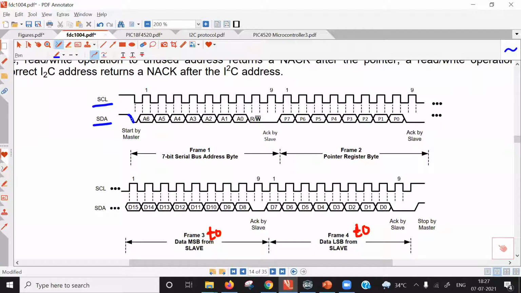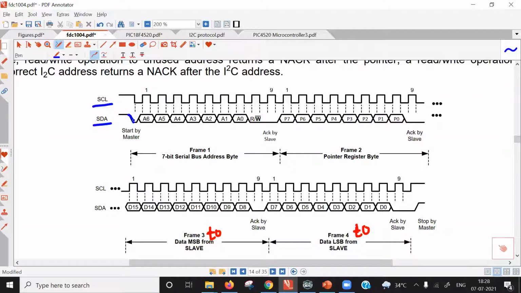All slave devices connected to the I2C bus have SDA and SCL pins. Those pins are tied to the SDA and SCL lines, so all slave devices share a common SDA and SCL bus. All slave devices continuously monitor the status of this SDA line. When the SDA line is at logic 1, that means the bus is free. There is no transmission on the data bus. But when this line is pulled down by the master, all slave devices understand that the master wants to write or read data from one particular slave device on the data bus.